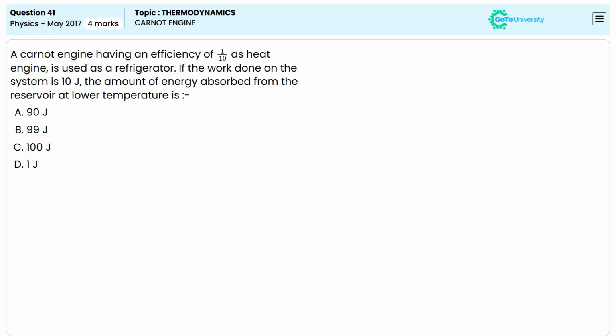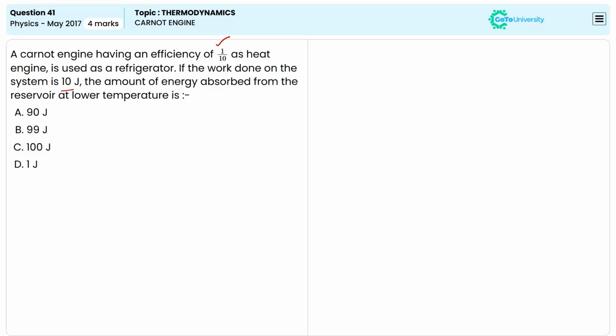What is the value of the amount of energy absorbed from the reservoir at lower temperature, whereas the efficiency of an engine is given as 1 over 10 and the work done on a system is given as 10 joules? We can solve this question by using a relation between coefficient of performance and efficiency of